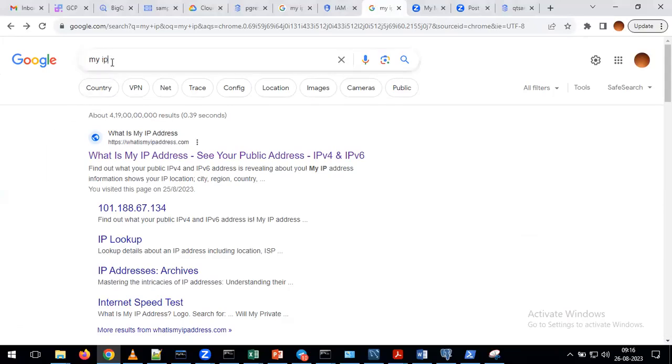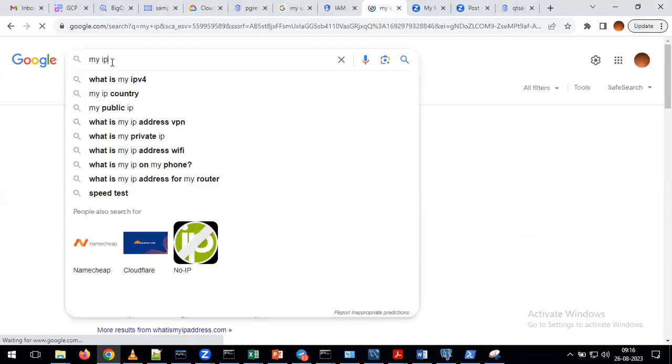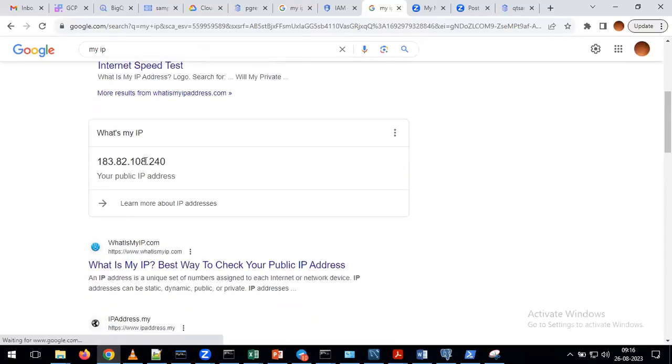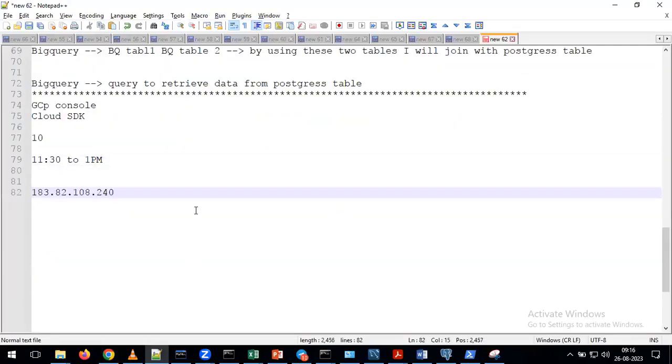Once you do this activity, Andy, here you can get one output like this. What is my IP? In my system, it is showing 183.82.108.240. Might be in your system you have a different IP. Might be you have the same IP. Please copy this IP into your notepad.